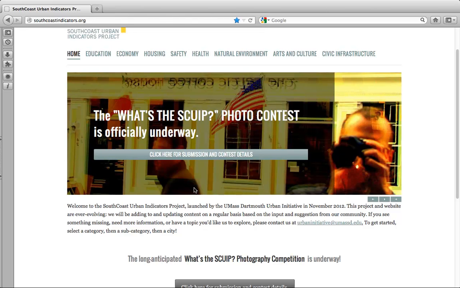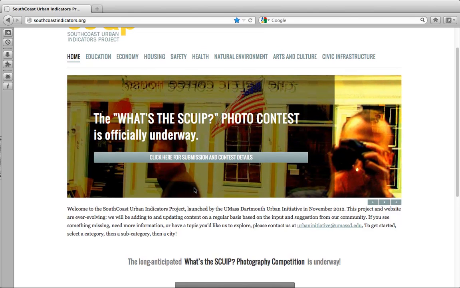The website is designed for our users to search indicators by topic. So along the top here we have the different main categories you can choose from: education, economy, housing, safety, health, natural environment, and so on. You'll notice that as I'm scrolling over these, the subcategories for each main category will pop up. And if you slide over those subcategories,